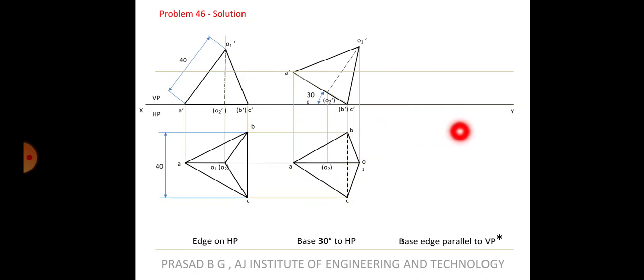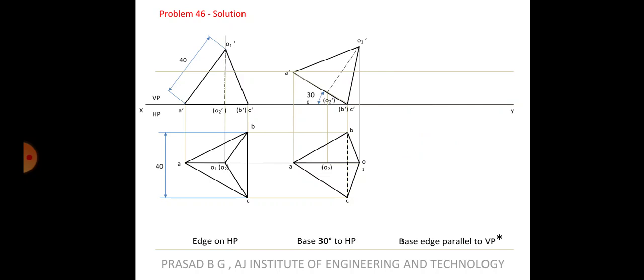Reverse case. Like in the previous problem of a cube, it was actually parallel, if you remember, right? In the previous case in the cube, it was actually parallel, and in the question it was told that it is perpendicular. So you have to make it vertical. But in this case, now it is actually perpendicular. It is told to make parallel. That means BC should be made horizontal. Then it will become parallel to VP. So it becomes parallel to VP.